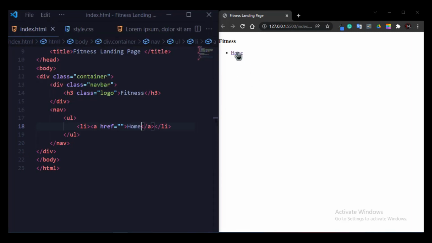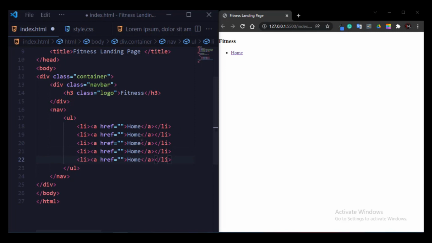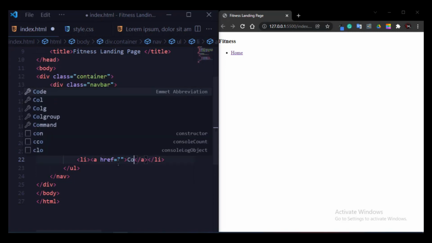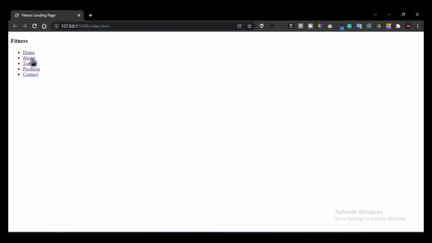As you can see on the output screen, I simply copy this and paste it below, and paste. And now I will simply change the menu bar names. So here I write About, after that Trainer, Products, and at the last Contact. Save it, and you can see the output on the screen.